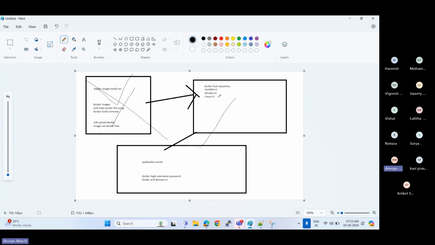So now the images are available in this Docker Hub repository. We will simply download or pull from the Docker Hub repository and deploy the application. For example, you know the credentials, that's what I told you, lightweight images, right? So you know the Docker Hub repository credentials. I have one VM, and I have to deploy your application into my VM.